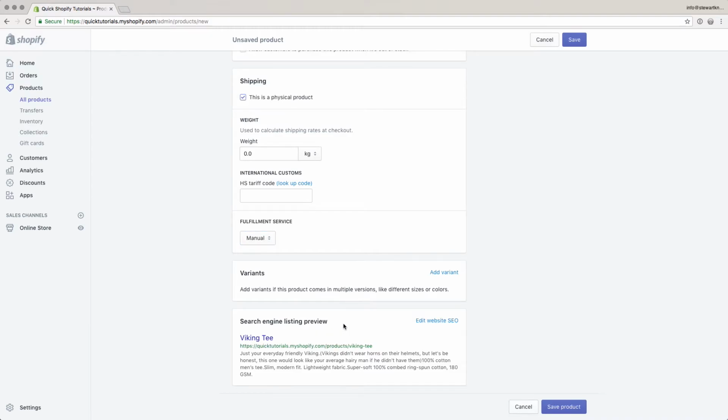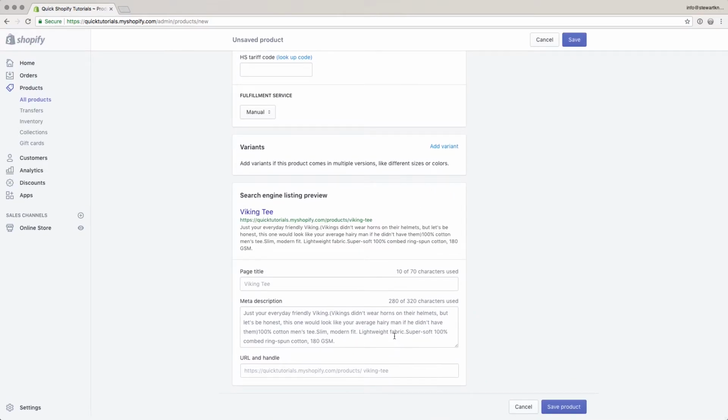And right at the bottom of the page is the search engine listing. Now, this might look familiar to you if you've ever done a Google search. This is where you can edit the page title and meta description for each product. This information is used when your pages are displayed on search engines. The page title is also what is shown in the tab heading at the top of your browser. By default, these are filled in from the product title and description that we set earlier, but you can edit